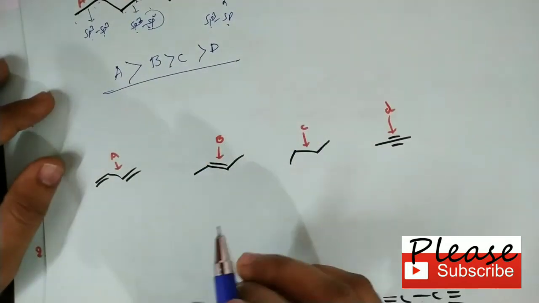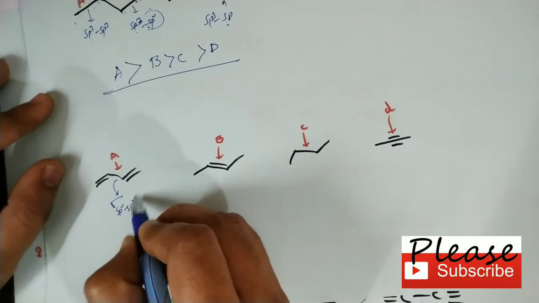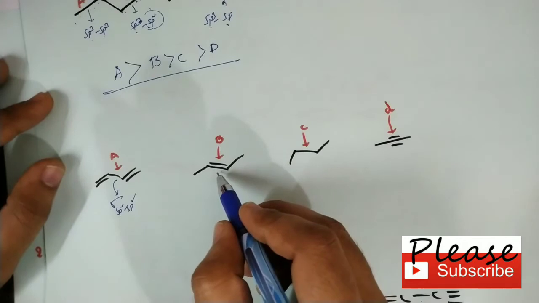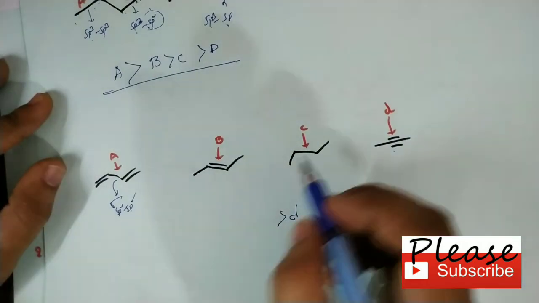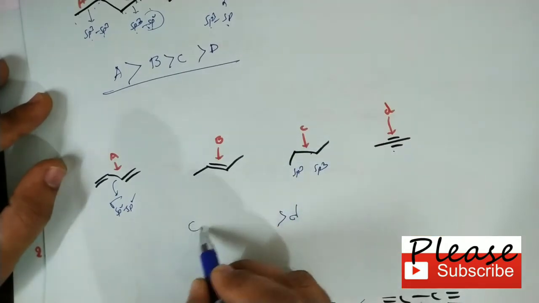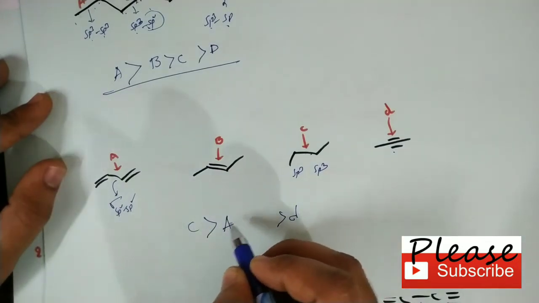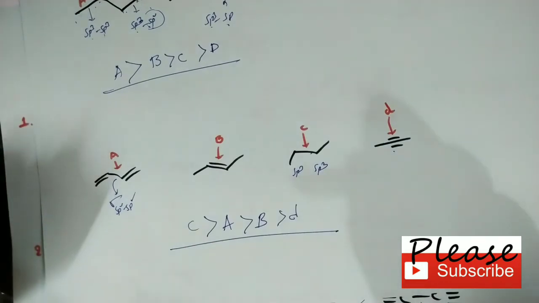But suppose there are four different molecules. This bond is a sigma sp2 bond. Here in this case a double bond, here a triple bond. The triple bond has the least bond length. Now here sp3 and sp3, this is also sp3, so C has the higher bond length. Next is the sigma sp2 bond, A, and then B, C, D.